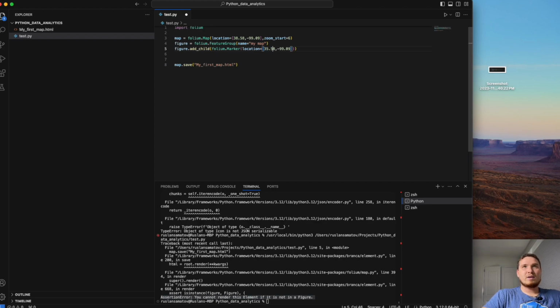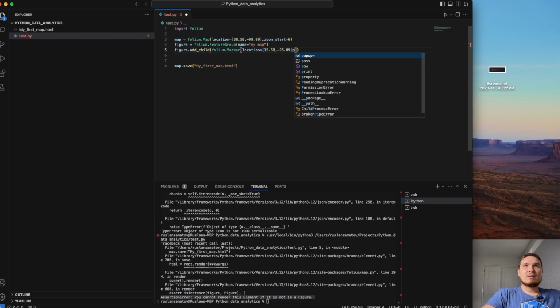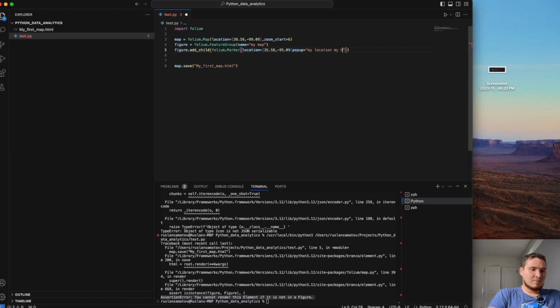Let's see, 35. Here will be 95. Then I have my parameters here. I can add my markers with the same thing I did. So popup will be equal to my location, my house, let it be.